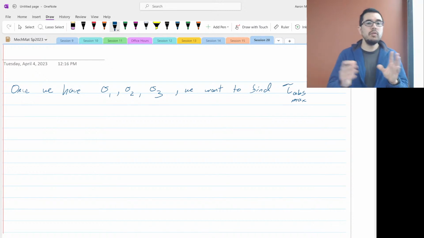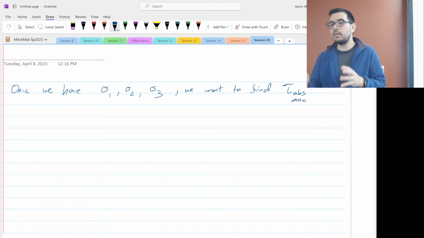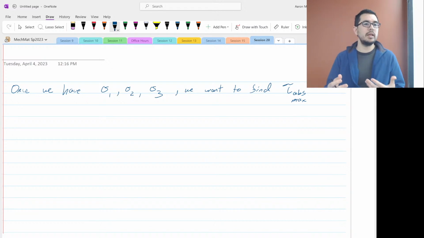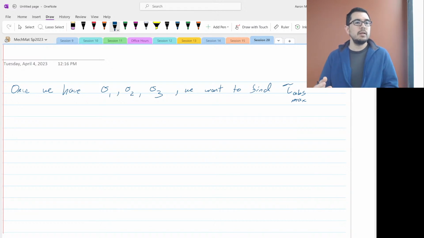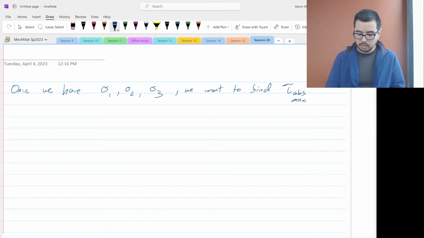Now, we've already got some experience figuring out the maximum in-plane shear stress, right? We've done these situations, for example,